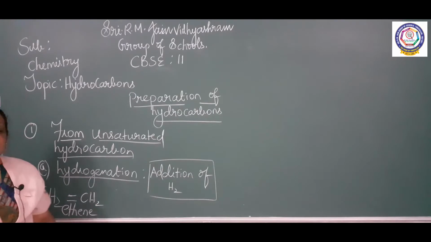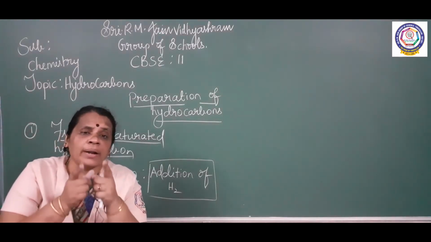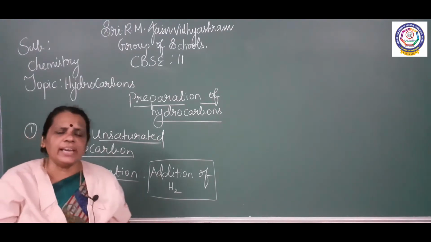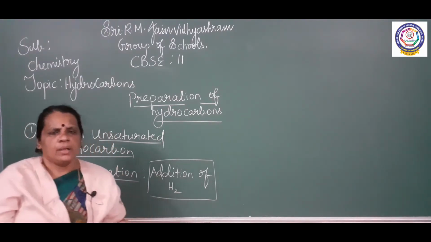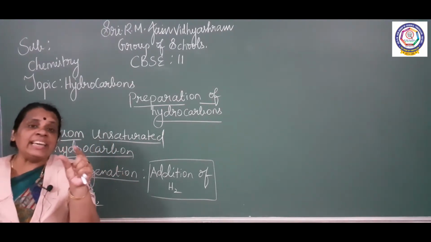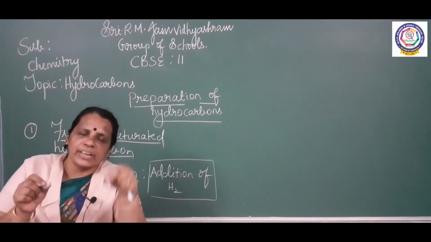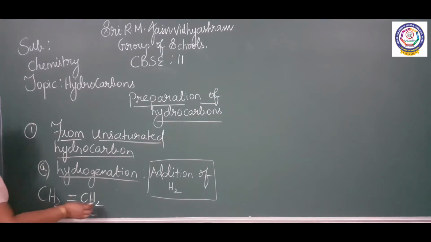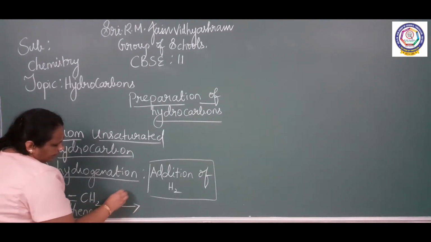Ethene. It is carbon double bond carbon. There is a double bond between the 2 carbons, and when you see the root word, there are 2 carbons. Who is the parent here? Eth. What is the IUPAC ending for a double bond? It is ene. What is the name of this compound? Ethene. So we are adding hydrogen.